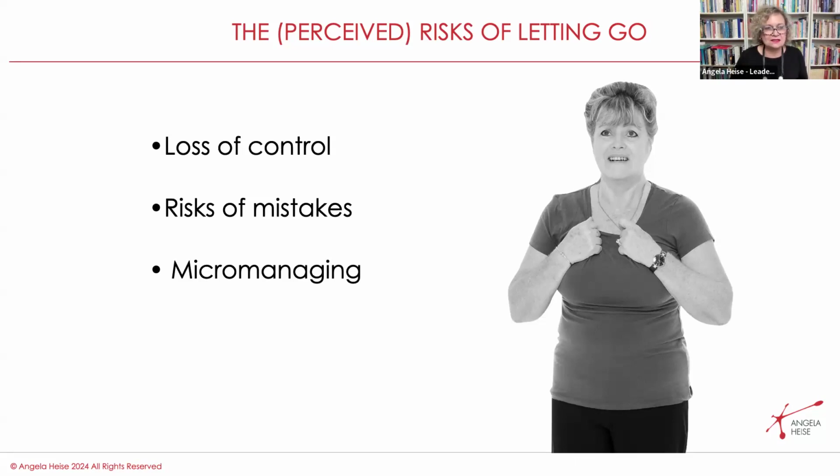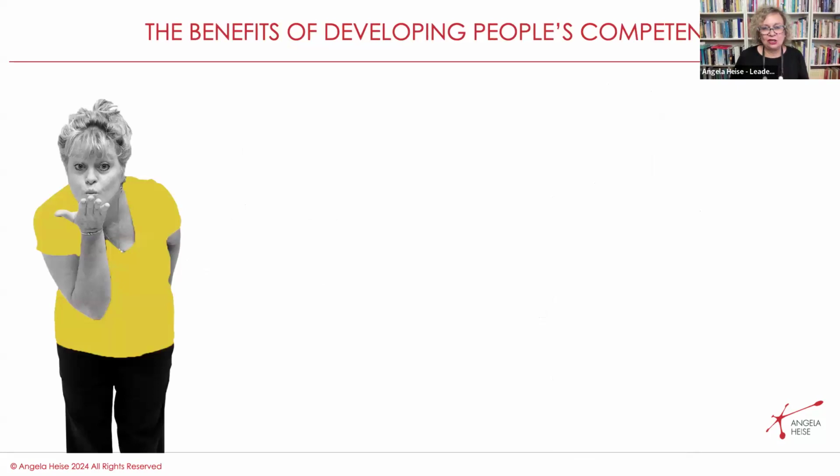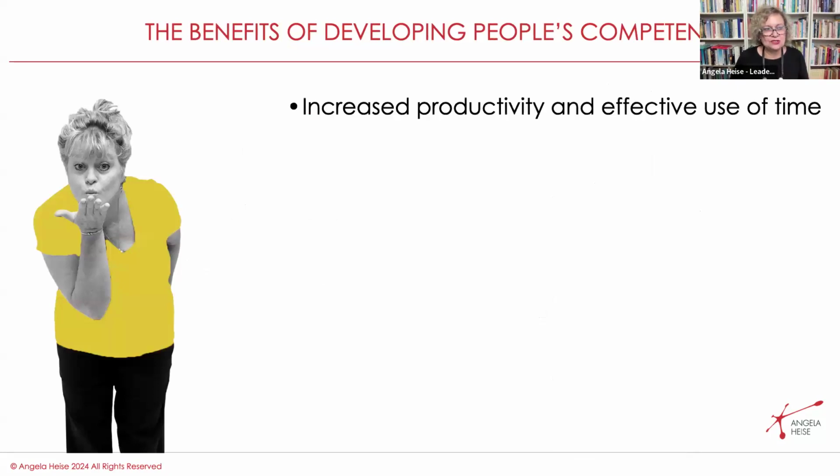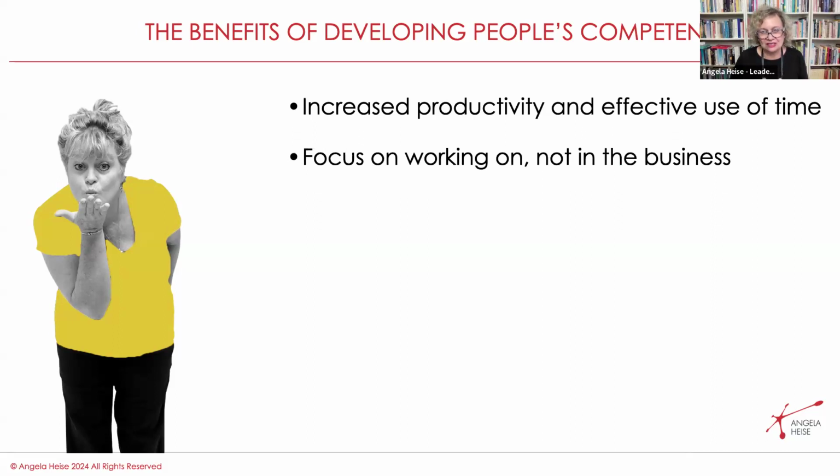And this is the thing, when people keep doing what they can delegate to other people, there's a huge risk for burnout. So the benefits of developing people's confidence is really improved productivity for you as well as for them, and you are making effective use of your time and theirs. So how does emotional intelligence fit into that? Well, you need a lot of patience initially. But what you're doing is you're also increasing productivity when people actually do what you're paying them to do. And so you get to focus on working on, but not in the business.